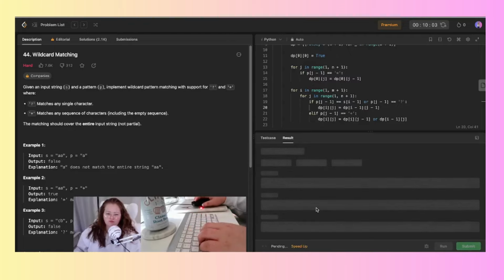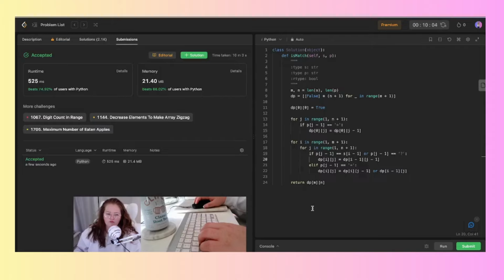I beat 74% of users on runtime and 68% on memory with Python. Not terrible. This is my memory and this is my runtime. Definitely could be improved, but overall for doing this in about 15 to 17 minutes, it